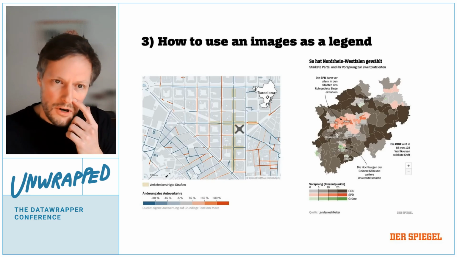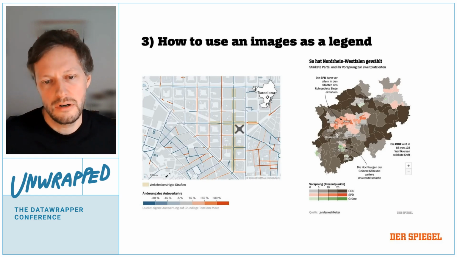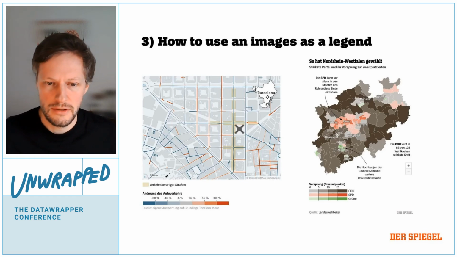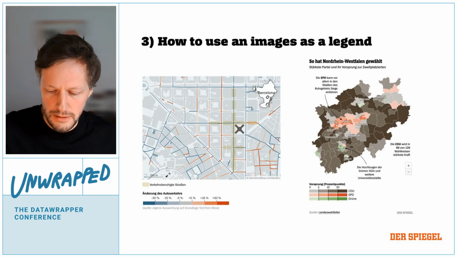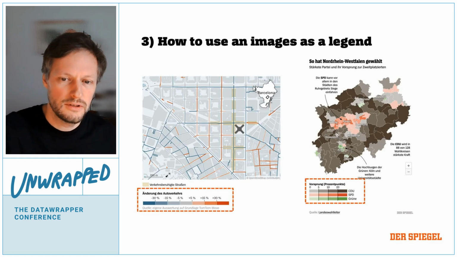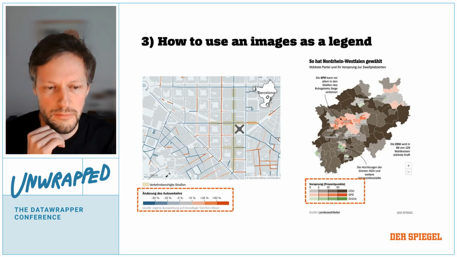Okay, what if you get situations where you build maps and you need even more complex legends that go beyond what we've just seen? These two examples here are maps that we've published during the last years. I don't want to focus on the maps themselves, actually, but on the legend. So those two legends you see here below the maps,